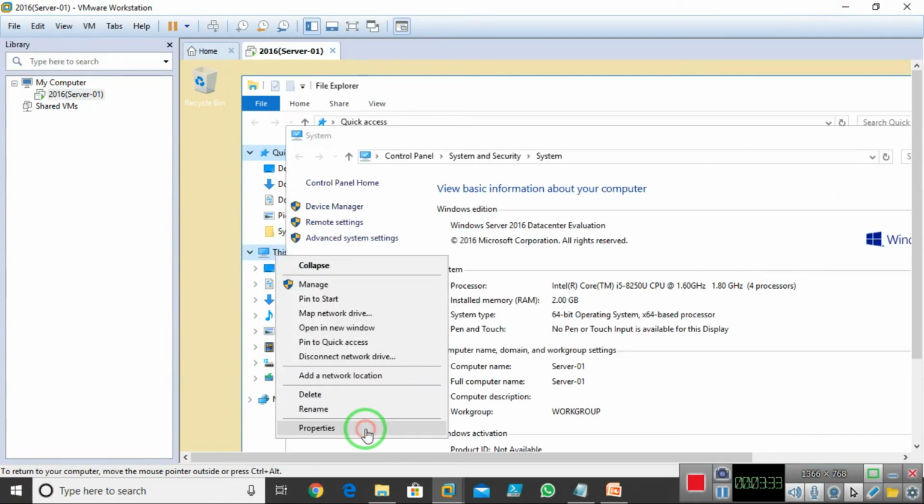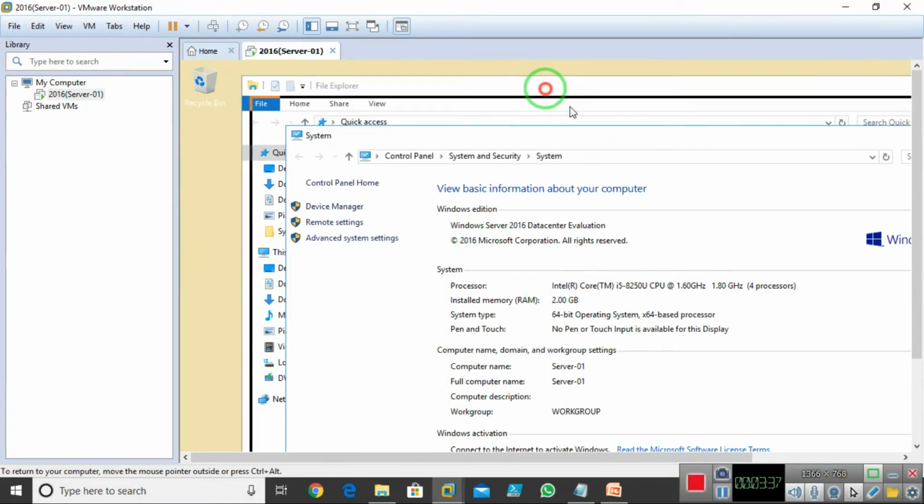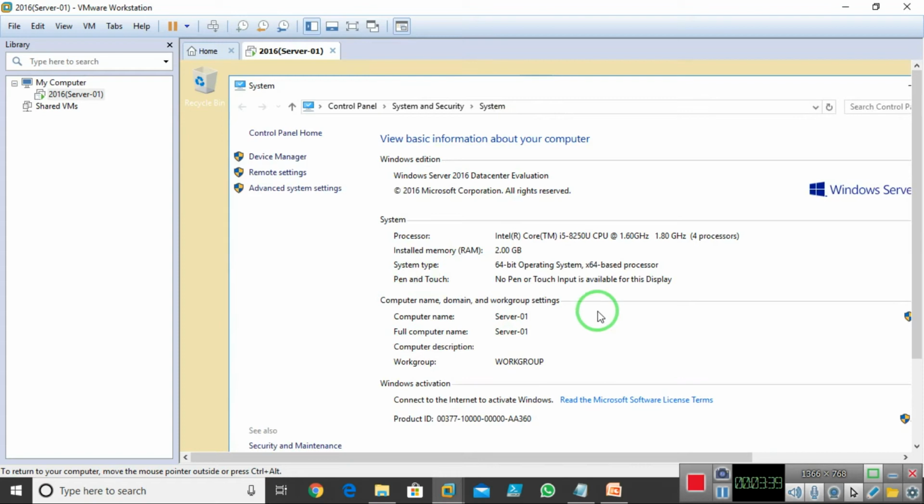As you can see, right now I'm using Server 2016 Datacenter Evaluation edition. Now I need to upgrade this 2016 Datacenter to 2019.